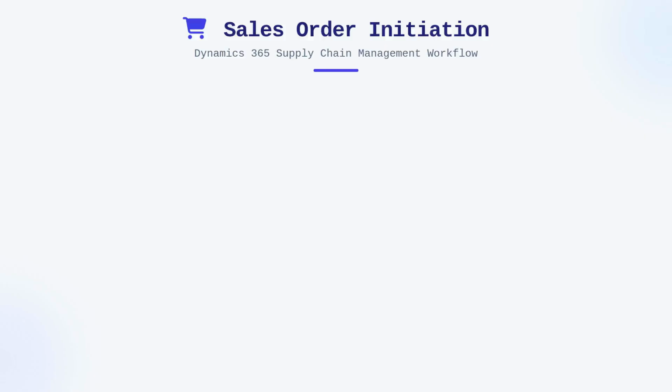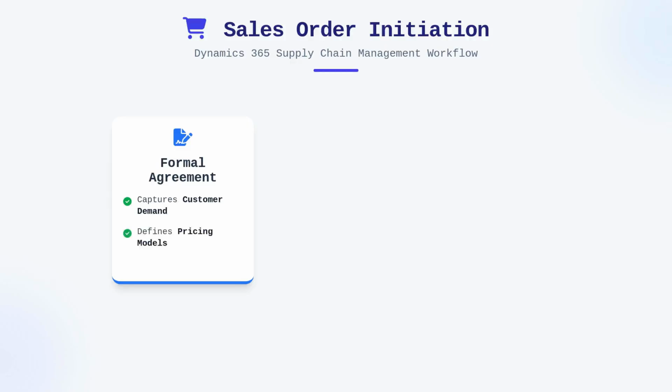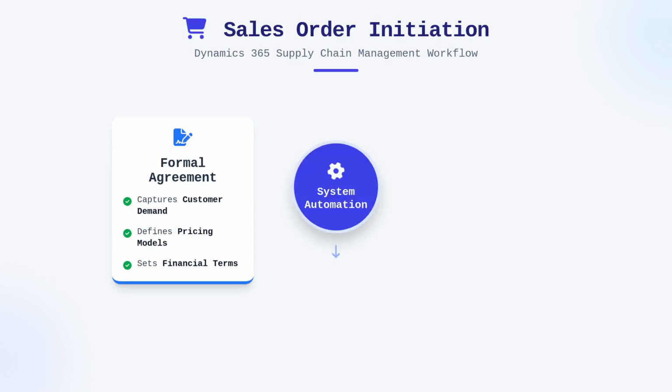When we initiate a sales order in Dynamics 365 Supply Chain Management, we are essentially asserting a formal agreement between our legal entity and a customer. This process functions as the primary conduit for capturing customer demand, encompassing critical details such as pricing models, delivery requirements, and specific financial terms. To ensure this data is consistent, the system relies on predefined configurations that dictate default order